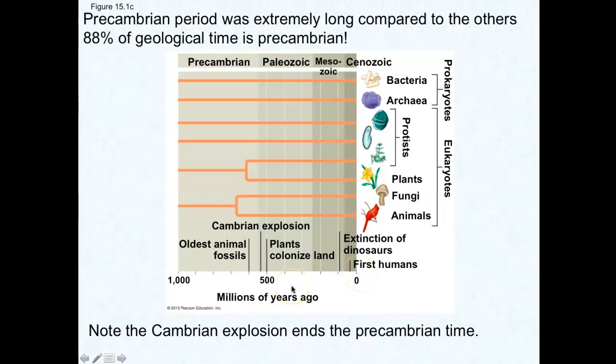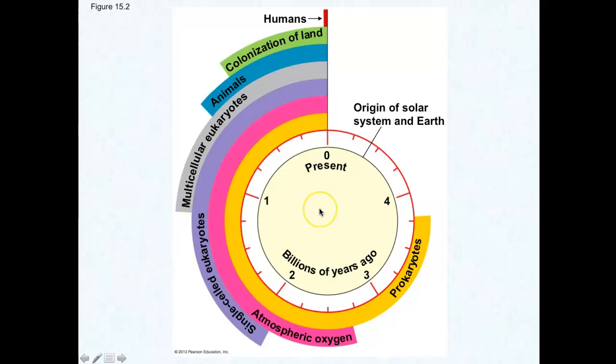If we look at the next slide, this is a nice representation of the data we just talked about. So this is at zero time, the present, right? If we go back in time, this is again billion years ago. 4.6 billion years ago, we have the Earth. Then about a billion years later, we have prokaryotes. Prokaryotes occupy the Earth for about a billion years, and then they change the atmosphere to produce more oxygen. The oxygen in the atmosphere remains throughout modern history, and we have the single-celled organisms arise, the eukaryotes after prokaryotes,